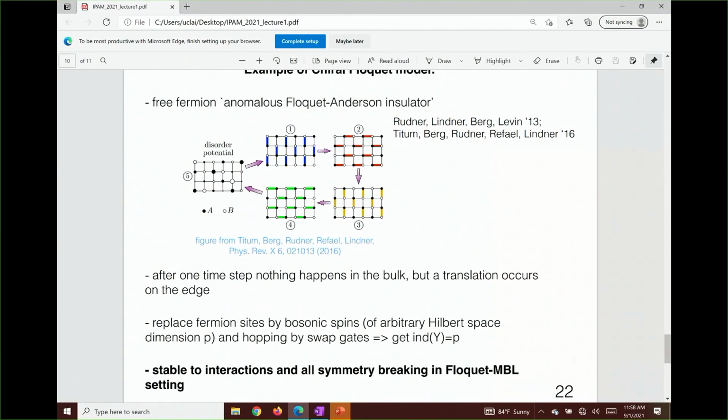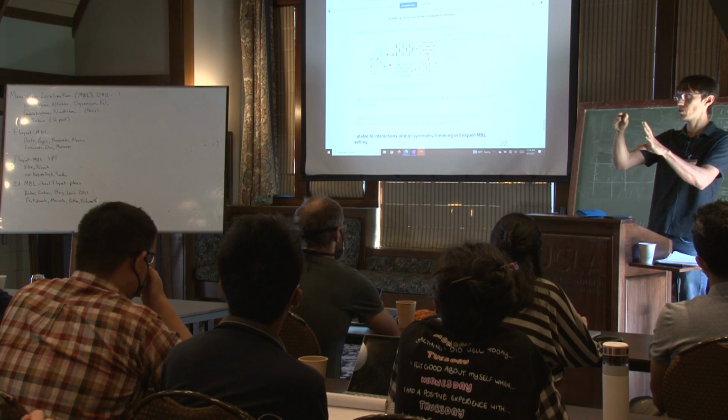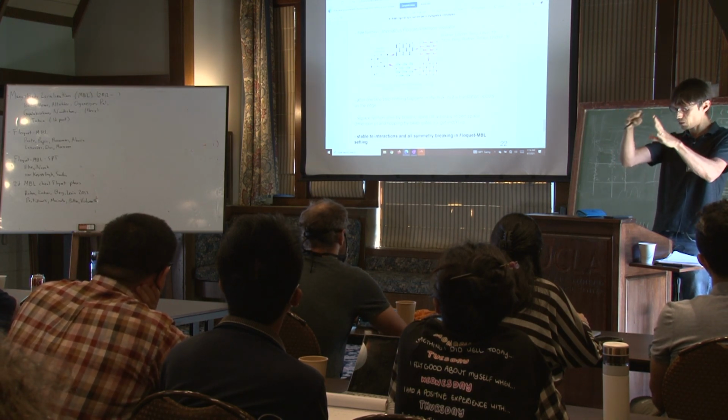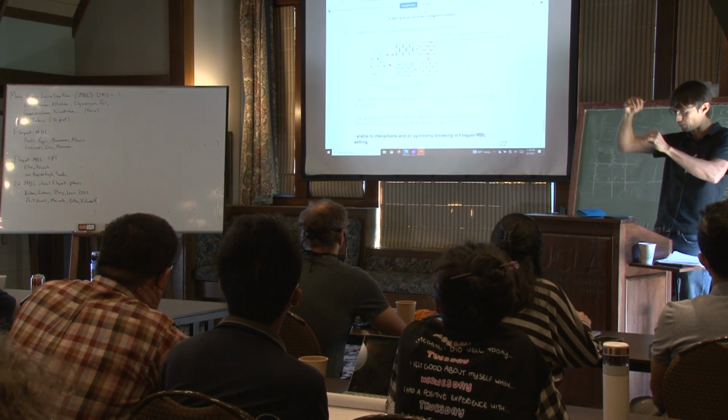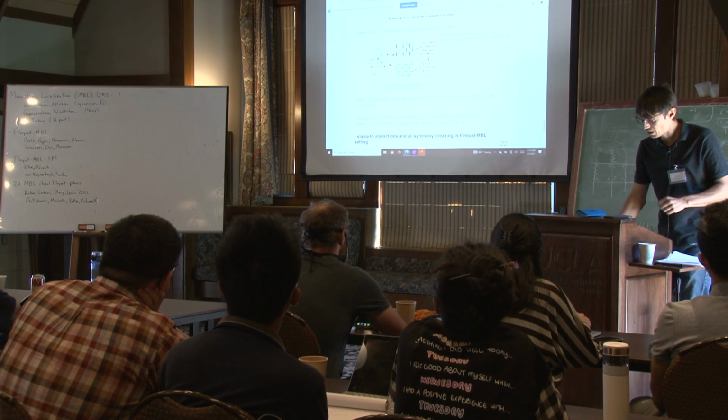So this was what Matt referred to when he talked about paths in the space of finite depth circuits, or a finite depth circuit, relating that in 2 dimensions to QCA in 1 dimension. So the idea is that the degrees of freedom in the 2D bulk dance around in this way, but they all come back to their original position. So the Floquet unitary, which only probes the system at stroboscopic times, doesn't see that micromotion, but something non-trivial happens on the edge. It's basically this Floquet evolution here.